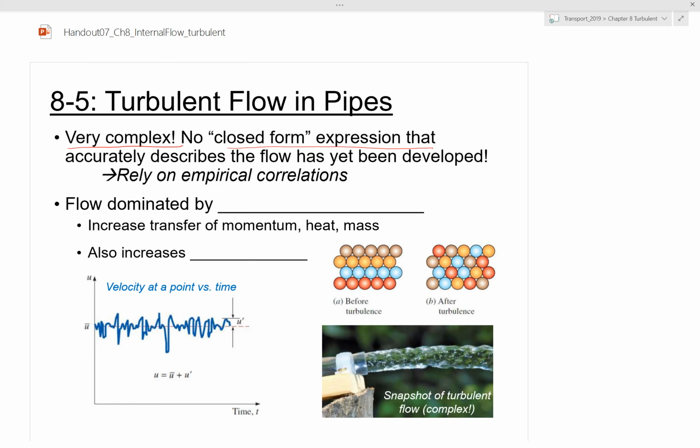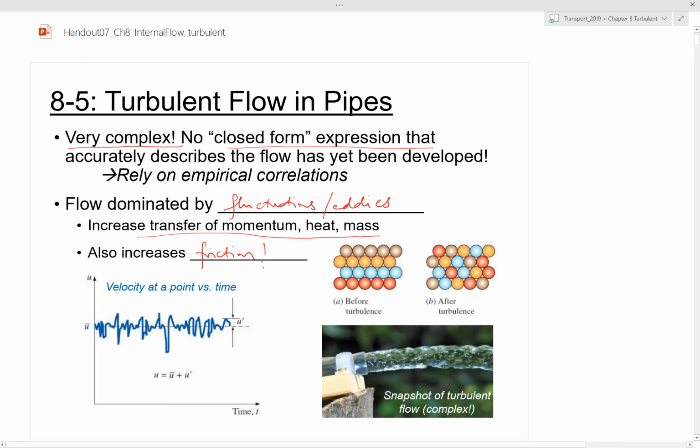Okay, so turbulent flow is dominated by fluctuations, eddies, which is really the chaotic part of the flow, and it increases transfer of momentum, heat and mass, also increases